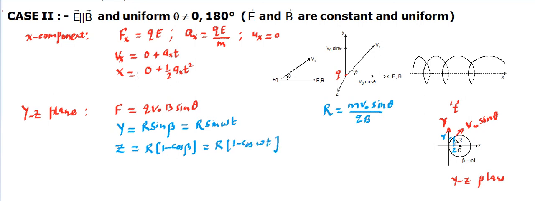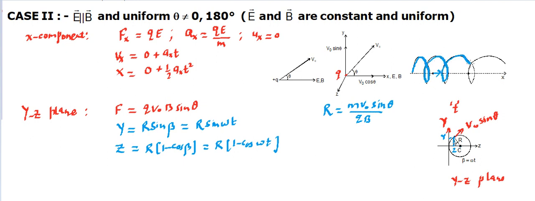That means we are able to find the x coordinate at any time, and we are able to find the y coordinate as well as the z coordinate. That means we know the position. In the yz plane the particle moves on a circle, whereas the center of this circle moves along the x-axis. So the center is moving on the x-axis and the particle is moving on a circle. If you look at the entire figure, it's going to be moving like this, as shown in this figure.